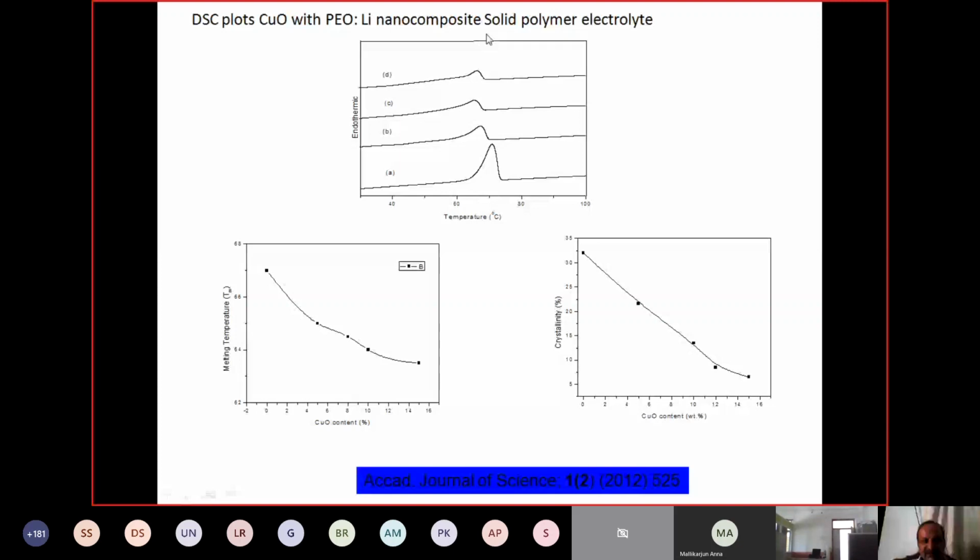Okay. This is a description about these graphs. That means how that is changing, because based on this area only we calculate what? The crystallinity nature. Where we show the temperature here on the x-axis, that gives the melting temperature.